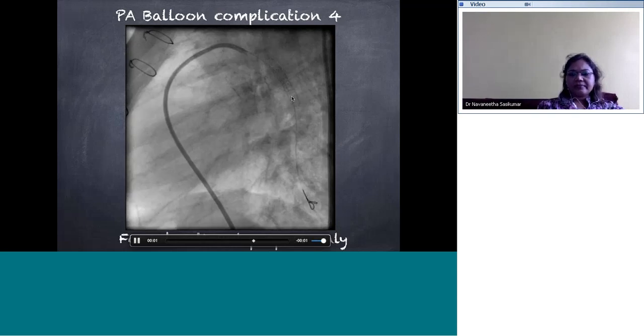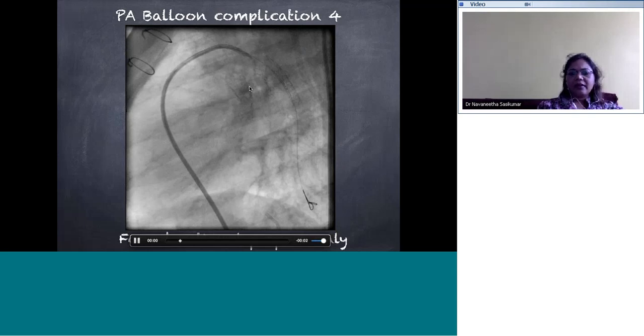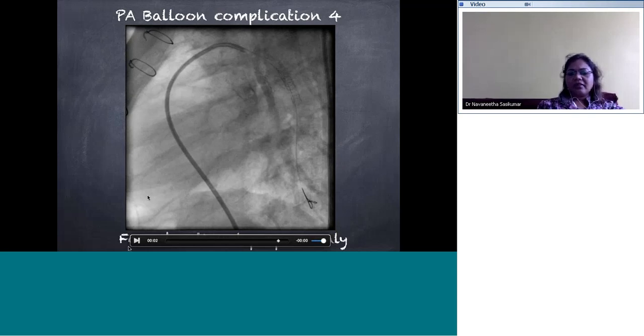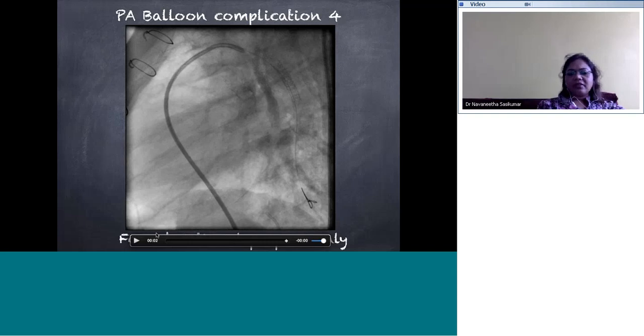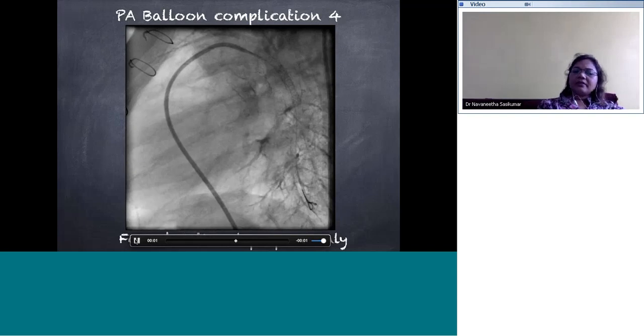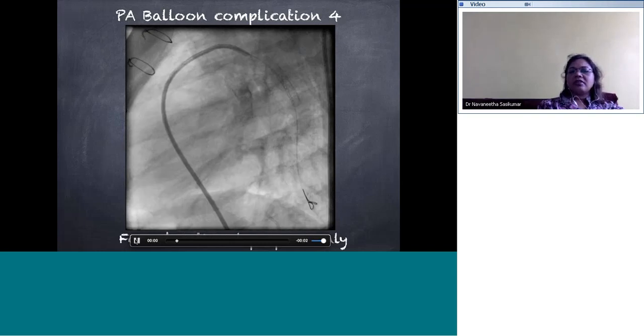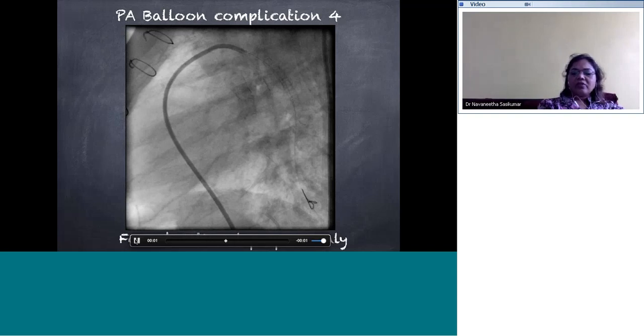So this is the covered stent. You can see it, and now you can see that the covered stent has taken care of the stenosis as well as excluded the aneurysm. So when you put a covered stent or any stent of a small size into a small baby, you are committed to dilating it to bigger sizes on follow-up. I will go through it when I mention the stenting part. So you are committed to dilating it serially on follow-up, or taking it out or cutting it out during your second surgery. So that is what you are committed to when you are forced to put a small size stent in